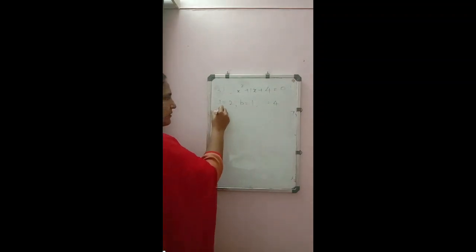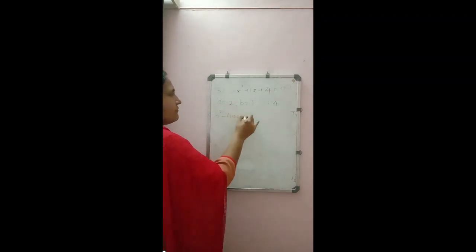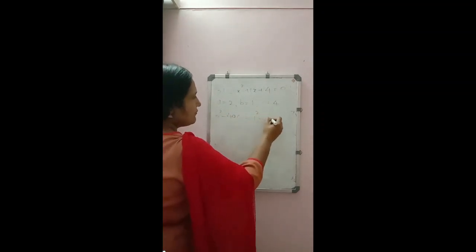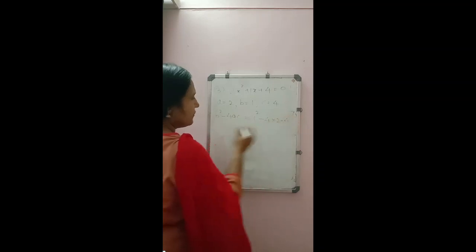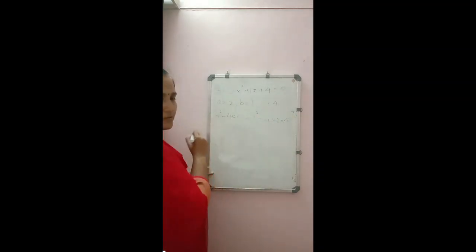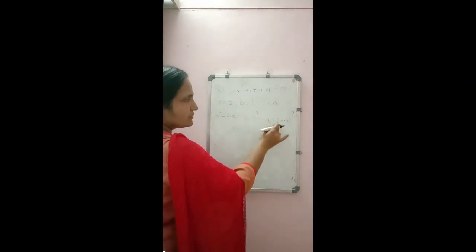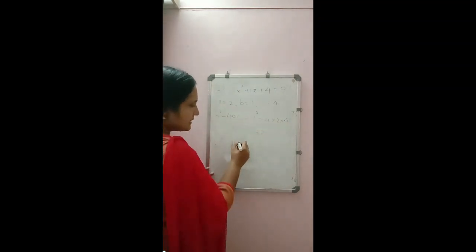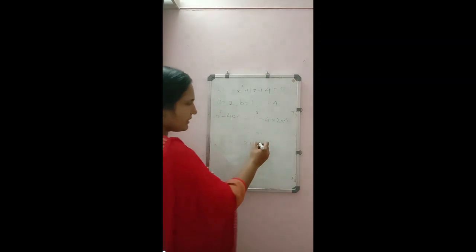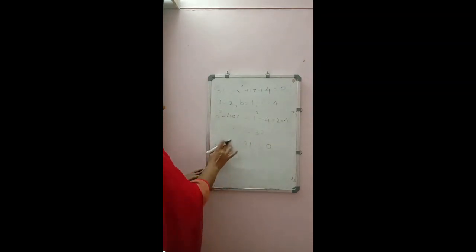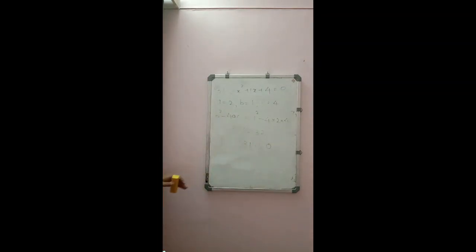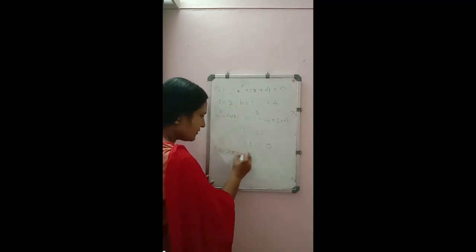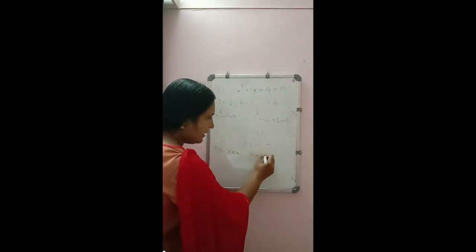Find out the value of b square minus 4ac is equal to 1 square minus 4 into 2 into 4. 1 square will be equal to 1 minus 4 2s are 8, 8 4s are 32. 1 minus 32 is equal to minus 31, which is less than 0. So we are getting the expression less than 0. So we will write here it does not have any real roots. No real roots.